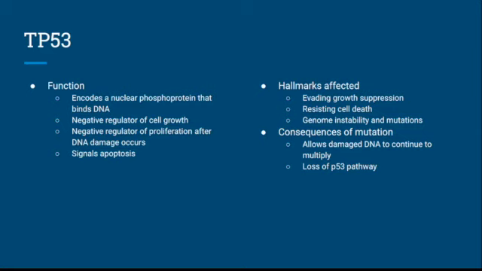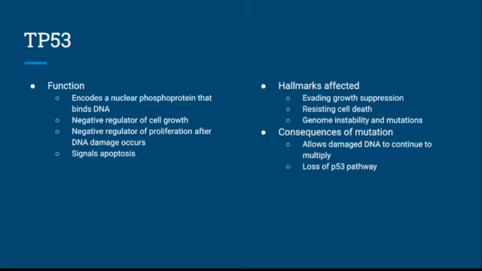This is important because the inactivation of the TP53 gene or the disruption of the protein product is thought to allow the persistence of damaged DNA and the possible development of malignant cells, which could then turn into a tumor. Some of the consequences of the mutation is that, like previously stated, it allows damaged DNA to continue to multiply, and the loss of the p53 pathway. The p53 pathway is known as the guardian of the genome. It does a lot of the protecting and ensuring that all DNA is being produced as it should be,